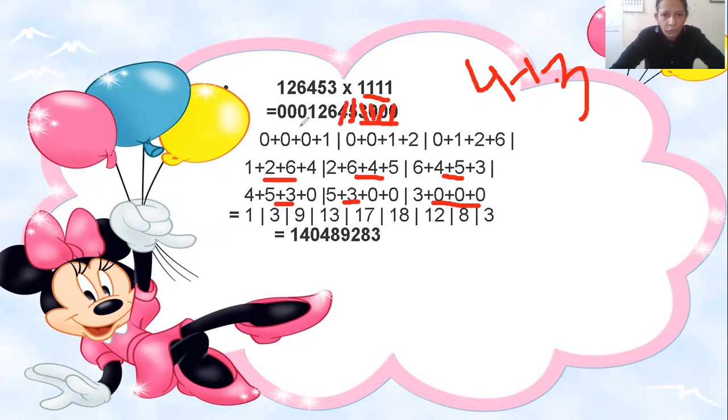Now take the next 4 numbers. What are the next 4 numbers? This 0, 1, 2, 6. These are the next 4 numbers. So you cut the next. 6 is done. You cut 6 also. Look at the next 4 numbers. What are the next 4 numbers? This 0, 0, 1, 2. These are the next 4 numbers I have written here. Now you cut this 2 also. Now you look, these 4 numbers are left. So you will write down these 4 numbers as it is.